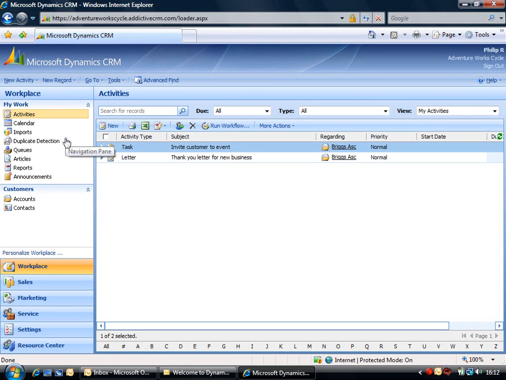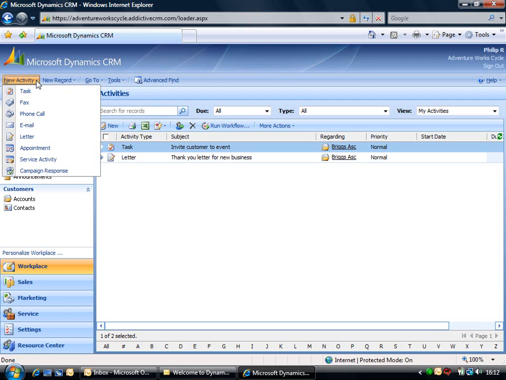As you'll see from the web client interface, it's very familiar, easy to use, looks like the Office interface. What I'm going to start to do is take you through the different functional areas of the application and moving through this toolbar that you see in front of you. So, commonly, you may want to be able to track activities against certain contacts or leads within your application. So in order to do that, you just select New Activity, and we're going to create a new task or